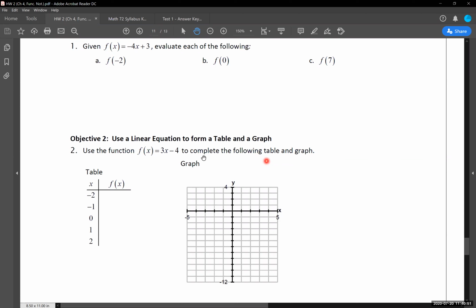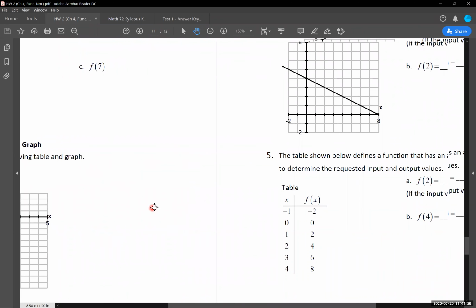The only difference is the way we write out our output values. Instead of putting y equals, we would have f of negative 2 equals a number, f of negative 1 equals a number, f of 2 equals a number, f of 1 equals a number, anything like that. So it's just a different notation for how we write these things. There's not anything monumentally different that we are doing at this point. So I'm going to move us over to our next page. We're getting to something a little bit different here.